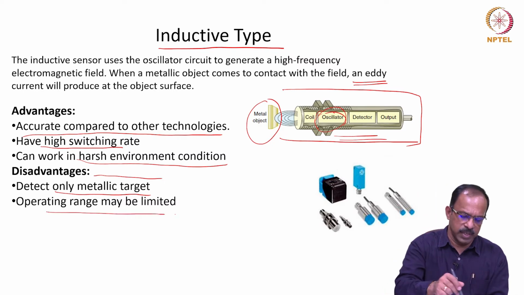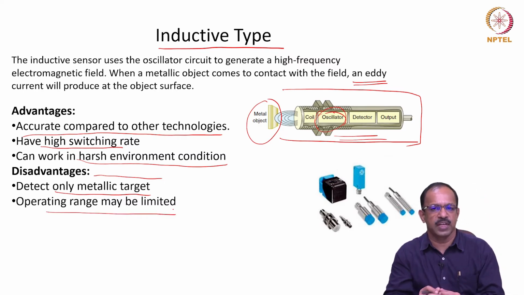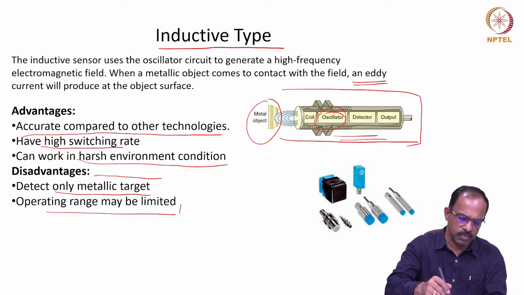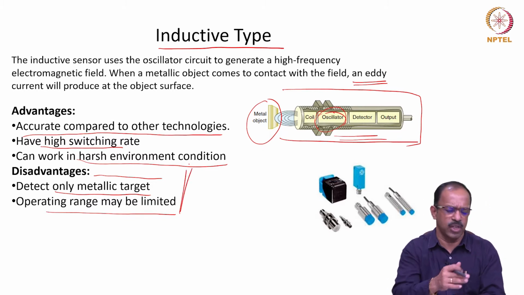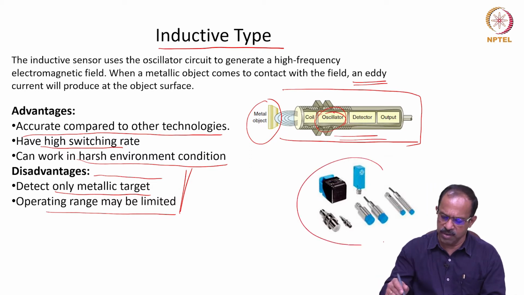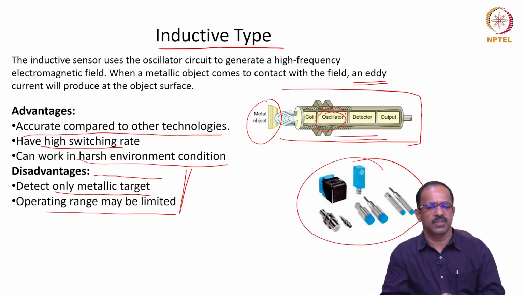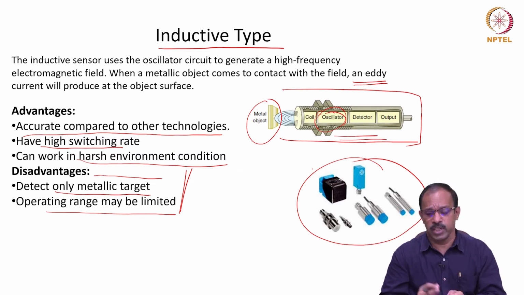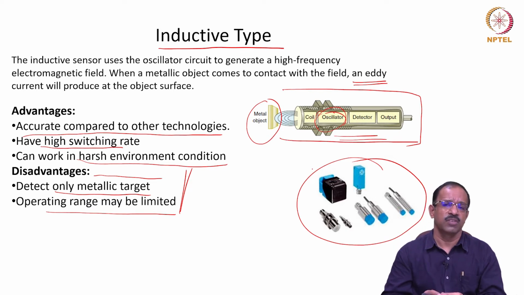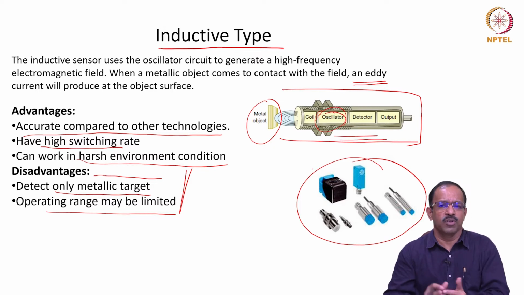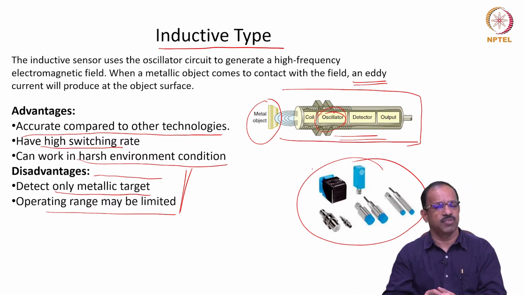It also has a very limited range. If the object is far away, then you won't be able to create the necessary eddy current, and therefore you won't get the sensing. So there are a few disadvantages for the inductive type sensor. As you can see, there are a lot of commercially available inductive type sensors in the market, and they are not very costly. You can get these kinds of sensors at a low cost, and the output is only the presence or absence of an object. That's all it will tell you.